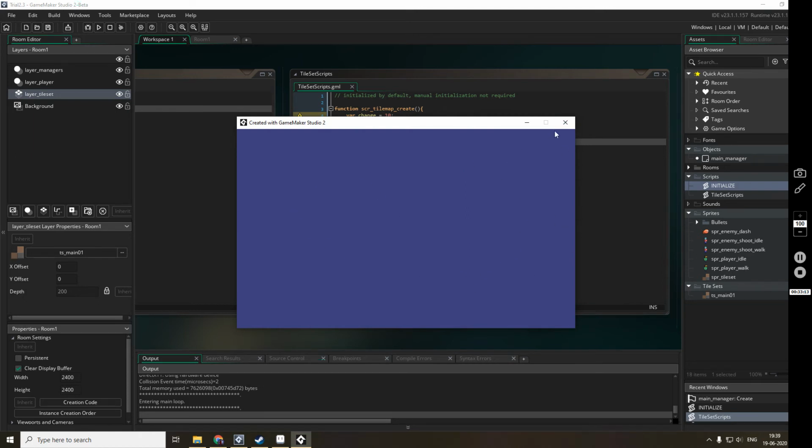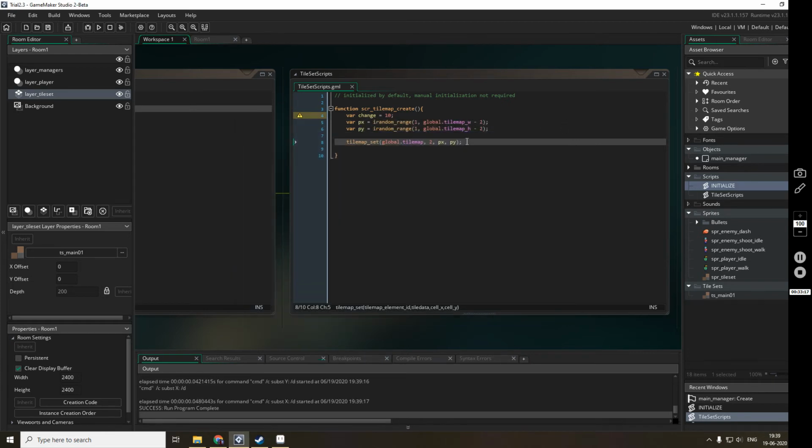The tile is now out of the screen because the room is very big and the camera is small. So yes, that is what I expected. If we try it a couple more times, we can see it even spawn inside the camera screen, but we'll not care about it right now.